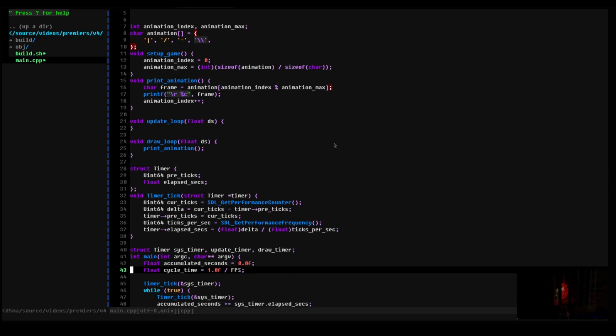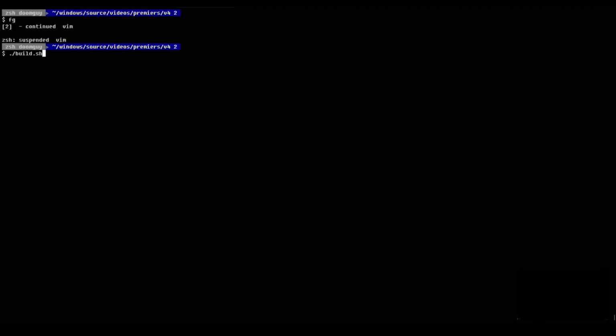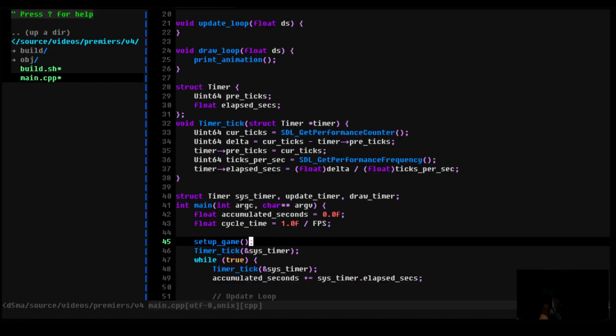We put it in the draw loop for now, and one more thing I've got to do is just run setup game. And then if I build this, it'll be kind of hard to see, but it is absolutely running at a blur speed. You can see the little lines running there. So let's actually stop this, zoom back out here,